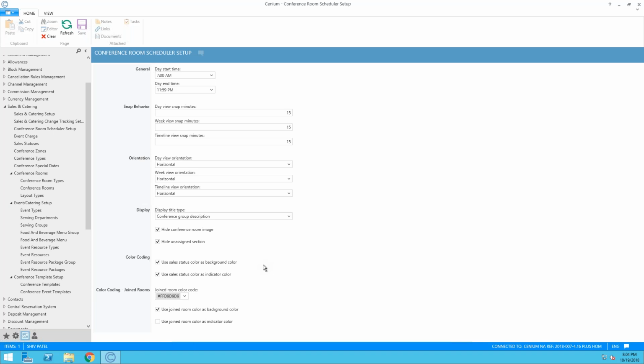The color coding joined rooms. Now, what this basically does is maybe you have a ballroom that has sections and that has detachable sections in the middle that can be rented into 3 separate rooms. Well, if you have 2 of those rooms rented that can be used that are joined, well, that's where this comes into play. If you choose a color that's